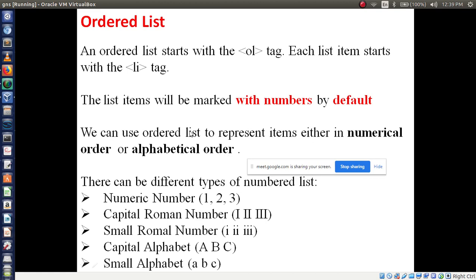In order list we represent the items in two forms: numerical order or alphabetical order. Alphabetical order means A, B, C or small a, b, c. In numerical order you have three types of numbers: English numbers 1, 2, 3, then capital Roman and small Roman numbers. So in this way you will represent order list.